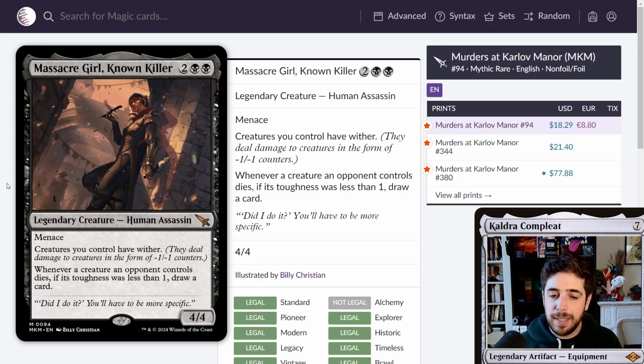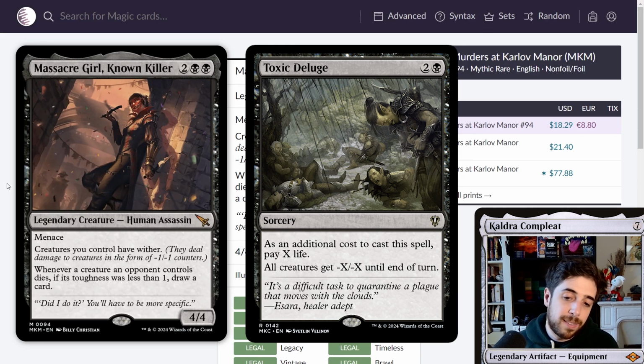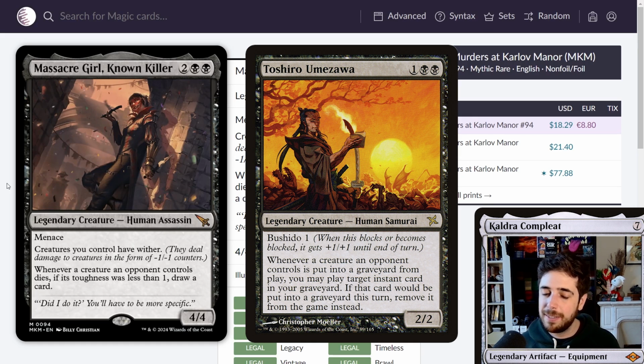So Massacre Girl is very cute with the previous Massacre Girl to draw a ton of cards. Toxic Deluge draws a ton of cards. If you have any ways of forcing blocks with your creatures, and then killing them with wither, that can draw you lots of cards. So she draws lots of cards, but she requires your opponent's creatures all dying. She's kind of like Tashiro, except instead of focusing on instants and sorceries, you're just focusing on whittling opponents' toughness to less than 1. It's cute, it's very unique, but as a commander,